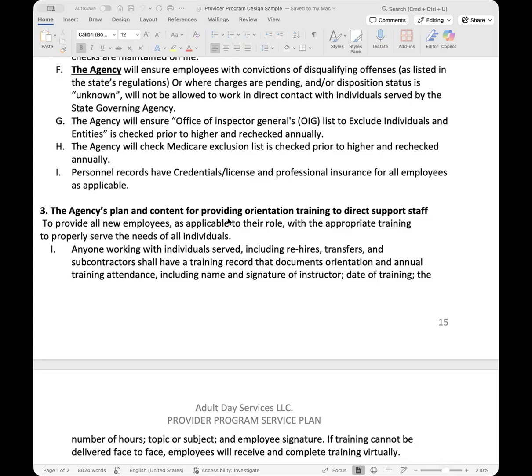As soon as one of those licenses or credentials is not up to date, you need to have a backup or you need to pause those services altogether, because you're required to have a staff member with those credentials, hired or contracted, throughout the duration of you providing those services. A criterion for you to provide those services is to have a licensed employee of that nature on staff.